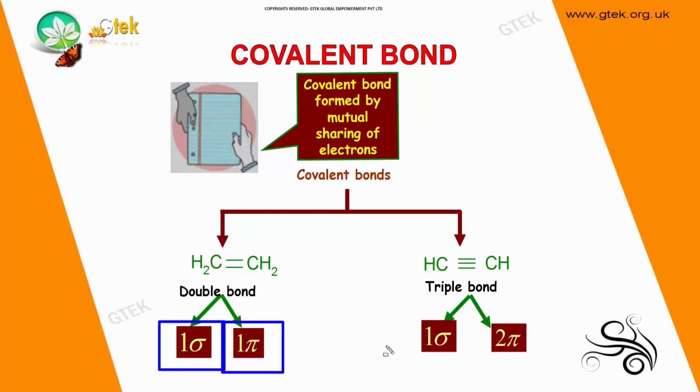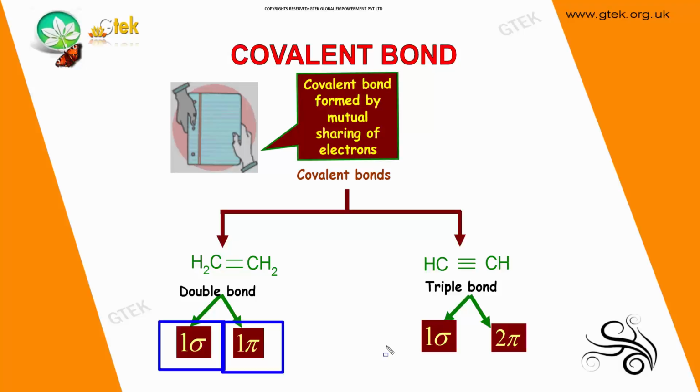It gets 2 from this oxygen and 2 from the other oxygen, and plus 4 valence electrons, you get 8 valence electrons: 1, 2, 3, 4, 5, 6, 7, 8. It's able to satisfy the octet rule. So this one is the s orbital, this one is the p orbital. The p orbital should have 8 electrons. So from the oxygen side you get 1, 2, 3, 4, 5, 6, 7, 8, so it's able to satisfy the p octet rule.